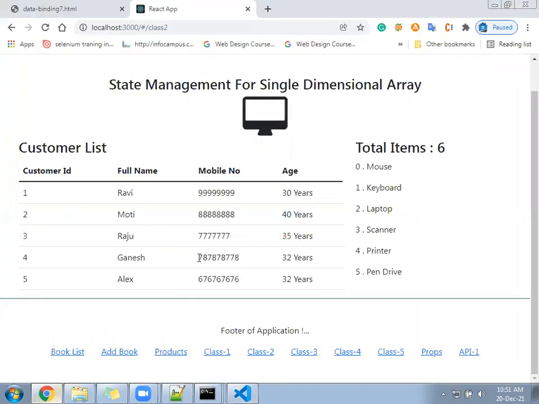Old files are also working, plus new files should also work.